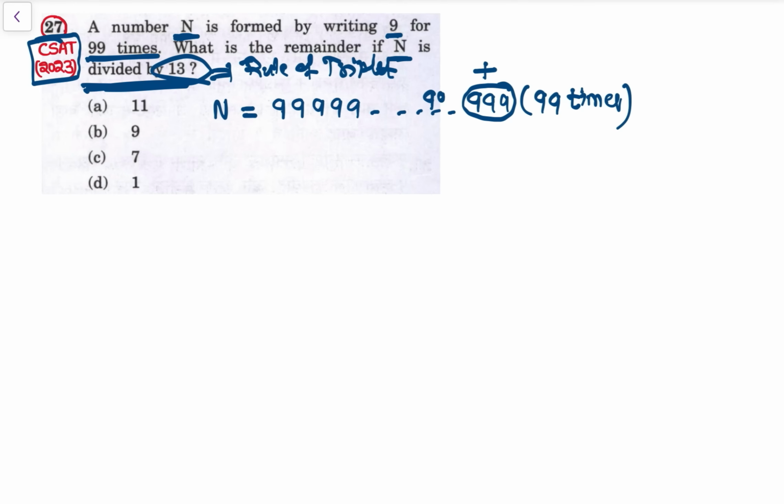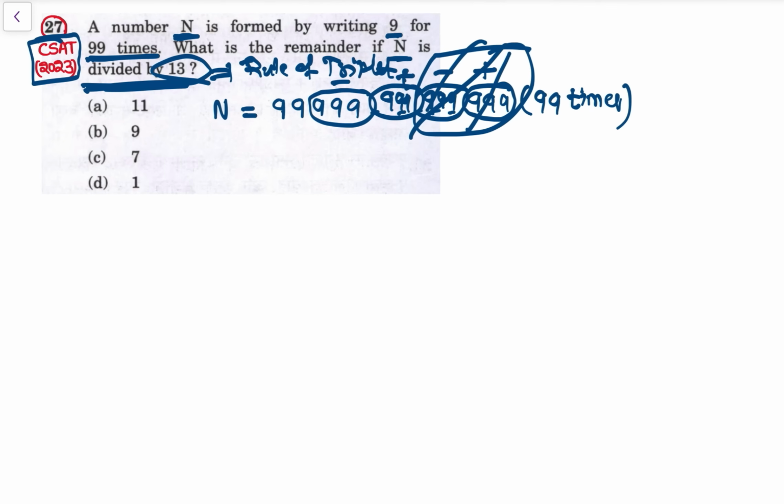देन 999 ये माइनस हो जाएगा, देन 999 ये प्लस हो जाएगा, देन 999 ये माइनस हो जाएगा। ऐसा हमें 6 सेट ऑफ 9s कट होते जाएगा। बट टोटल हमें 99 9s को काटना है, सो 99 डिवाइडेड बाय 6 करेंगे।